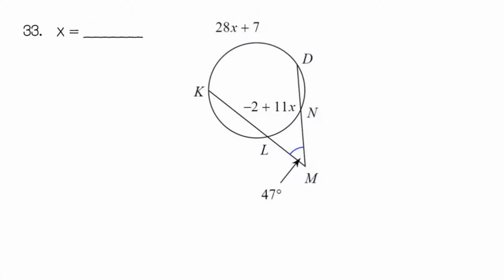Okay, number 33 is an outside angle. So I need to use x is equal, or the angle, I'm sorry, is equal to 1/2 of the major arc minus the minor arc. All right, so let's set this up. We have 47 is equal to 1/2 of my major arc, which is the 28x plus 7, minus my minor